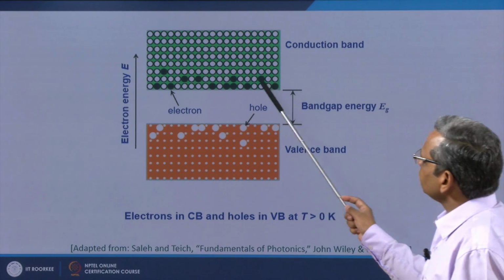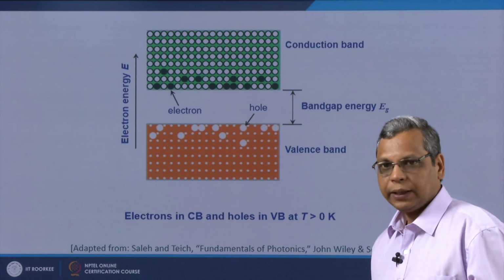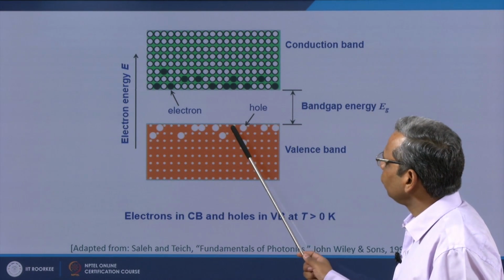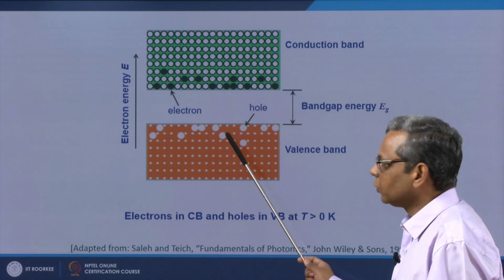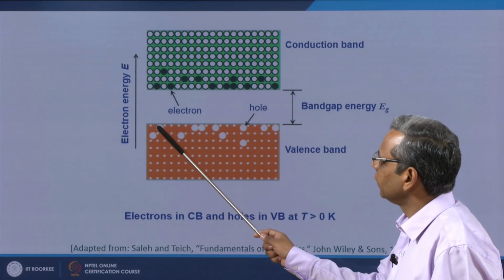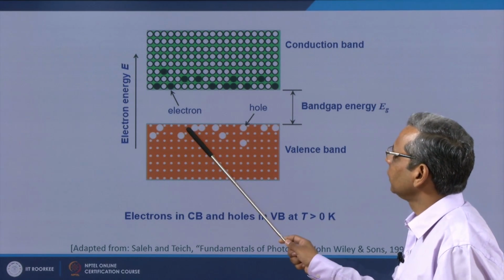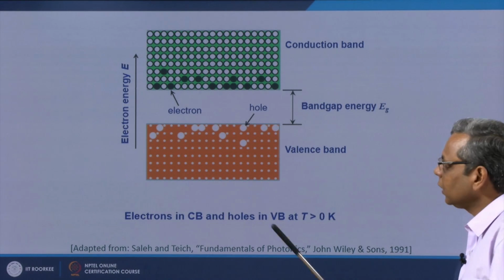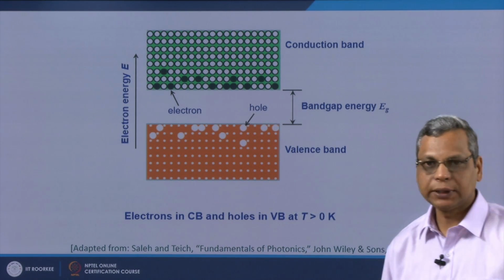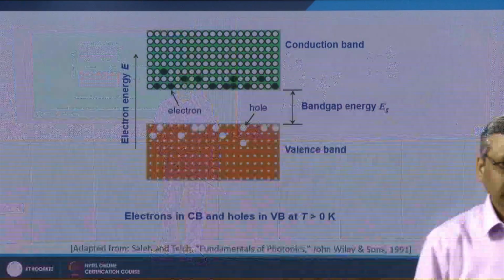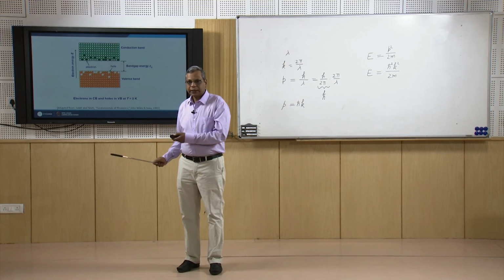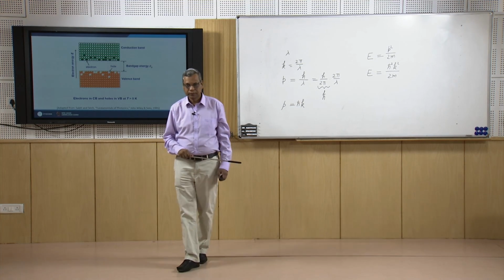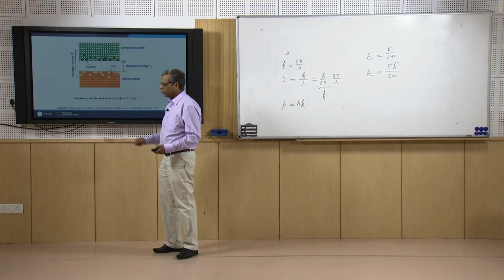So, these electrons can now move in the conduction band if you apply an electric field, and these vacancies can be filled by the nearby electrons. The electron can move from here, so it will create a vacancy here, then from here to here, and it will create a vacancy here. So, movement of electron in this direction is equivalent to movement of vacancy in the opposite direction, and since the electron is leaving a vacancy, I can say the vacancy has an equivalent positive charge,